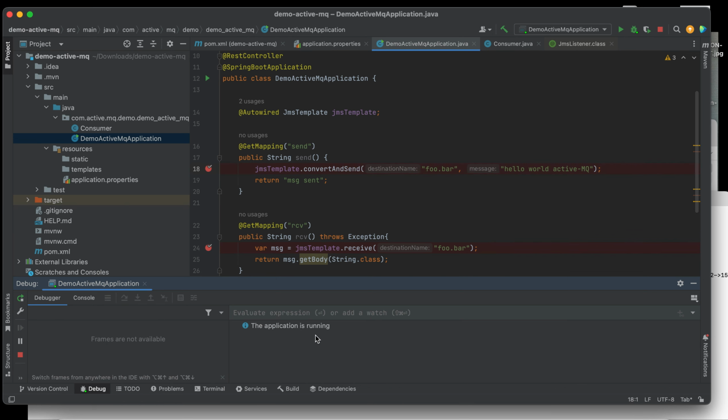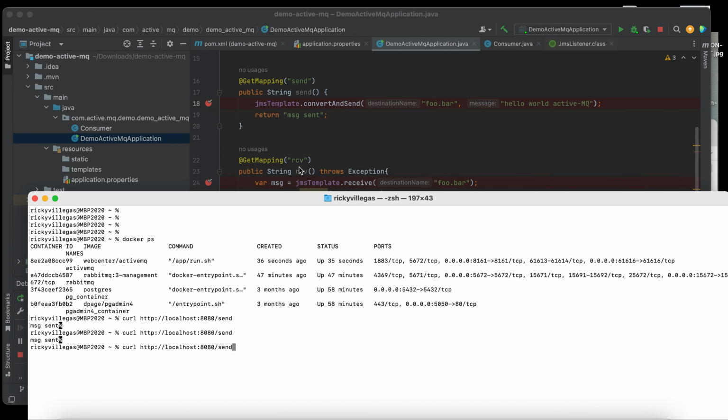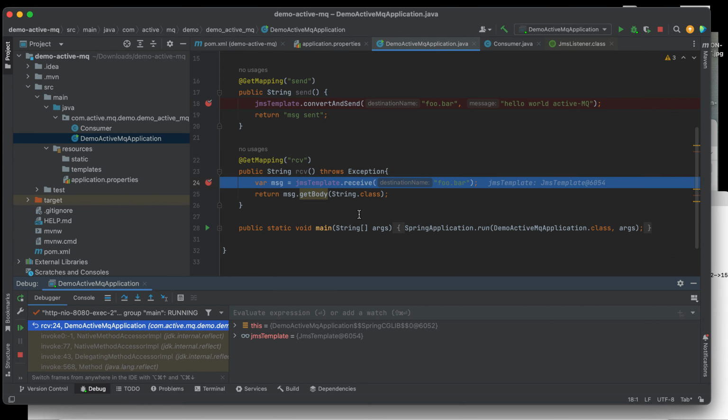All right, so you can see here, message sent. Now, after sending it, let's try to receive it. This time I will hit this endpoint, receive. Since we are receiving from this destination name or queue name, which is the same one where we sent the message, we expect to receive this message, hello world ActiveMQ.